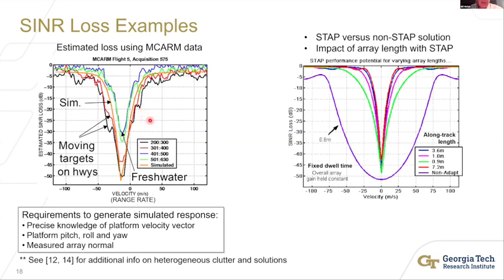But what I learned from doing this is a few things. One, different types of clutter will naturally affect the shapes of the curves. So there's less backscatter from fresh water than over land. So the blue and the green are